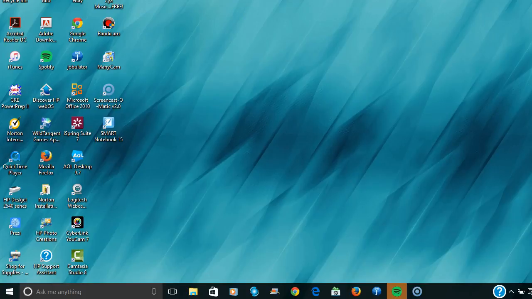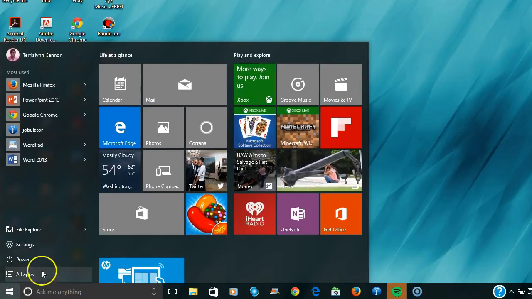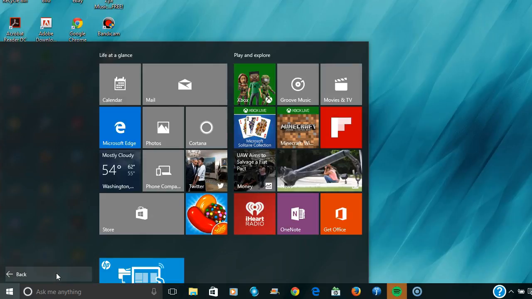2013. The first thing we're going to do is click on the Start menu at the bottom of the screen. After you click on the Start menu, then you are going to click on All Apps tab, which is located at the bottom of this box. Once you click on All Apps, you're going to scroll down